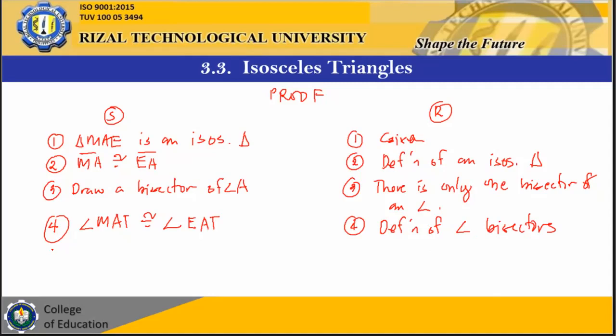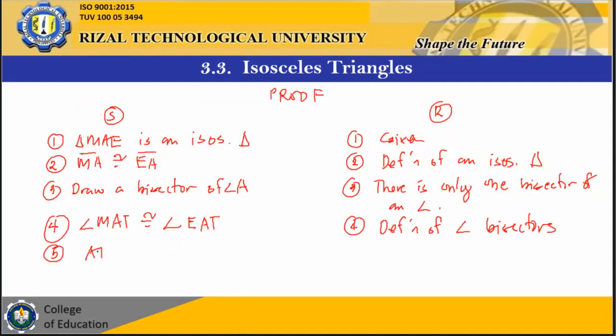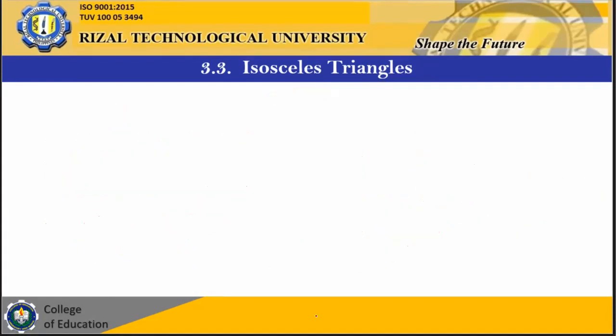Okay, and number 5, alam na natin may congruent na tayo dito. Ito, tsaka ito congruent na siya, di po ba? So, ganun ulit. We can say that AT is congruent to segment AT itself. Number 5, that is reflexive property. Okay, for number 6,